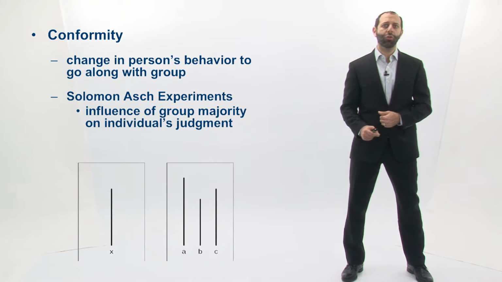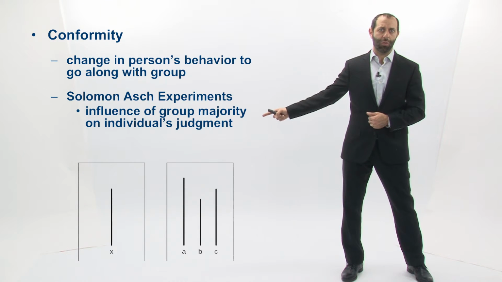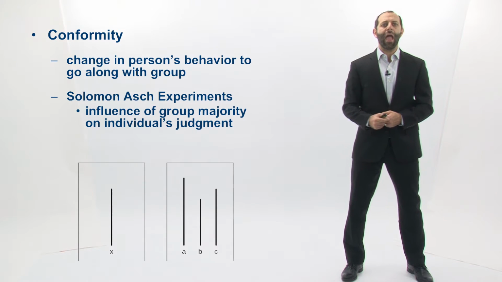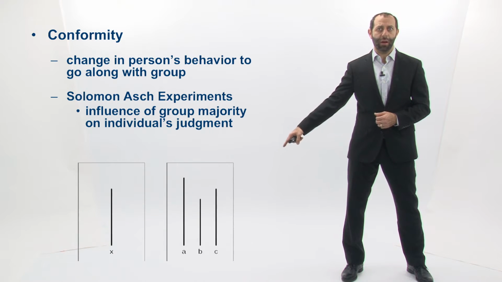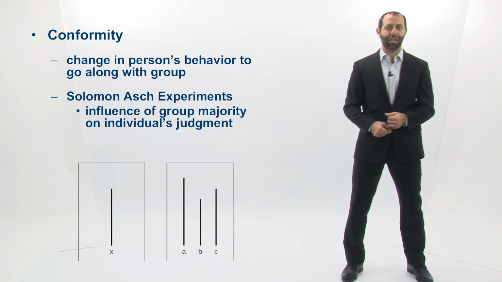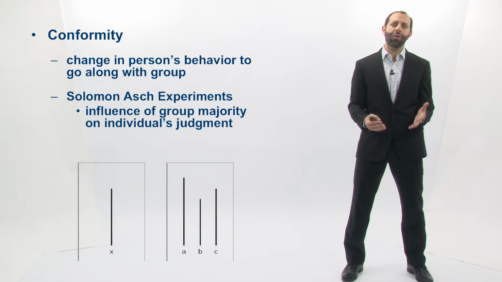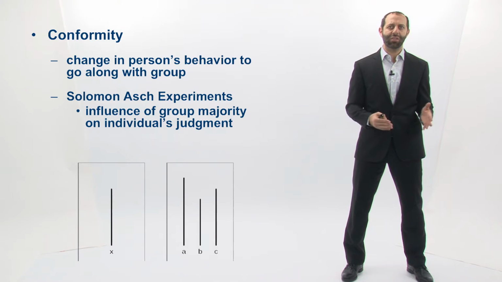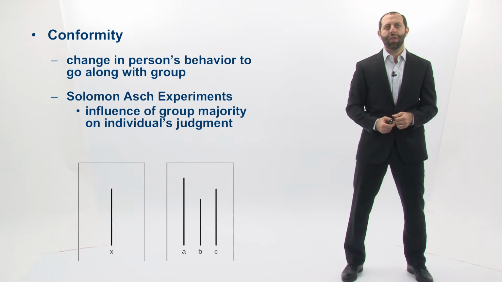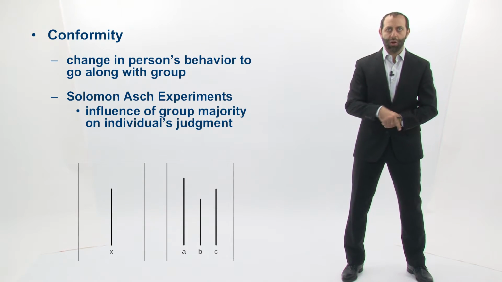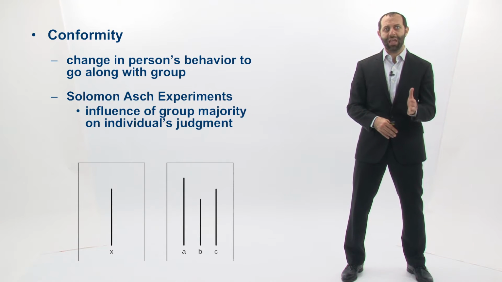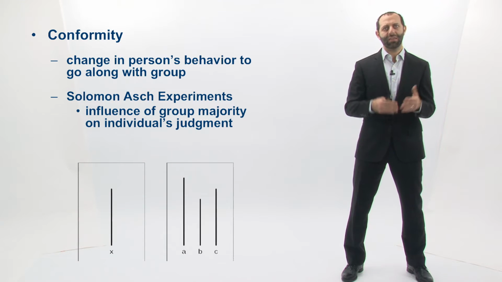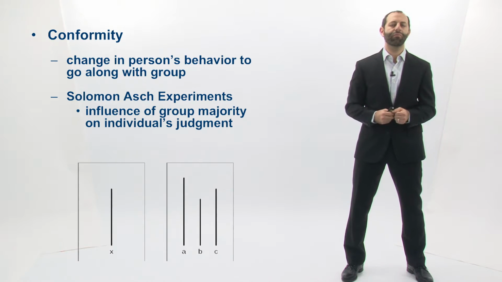And what they were told to do was to look at this set of lines right here. And they were told to look at the first line all the way on the other side and compare that line to the practice lines in the second box and indicate which line matches the original stimulus line. And the first round would occur and everyone would give the correct answer. So in this case, if the answer is C, everyone would say C, C, C, C.